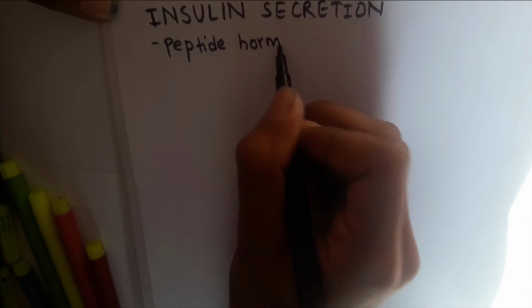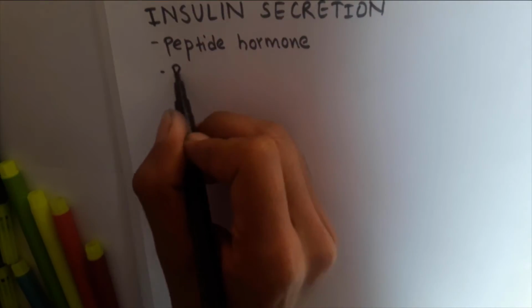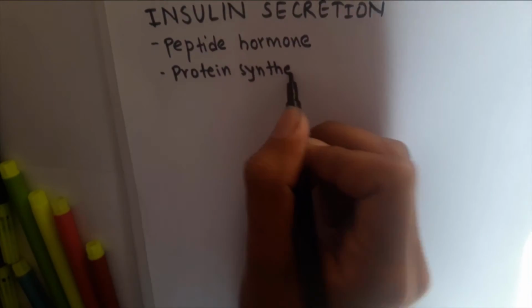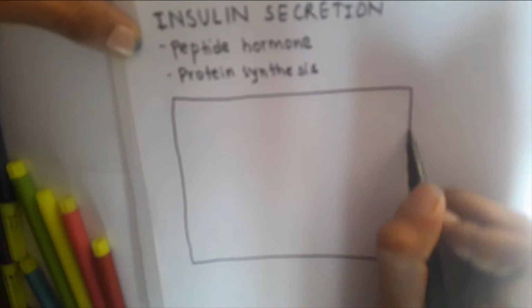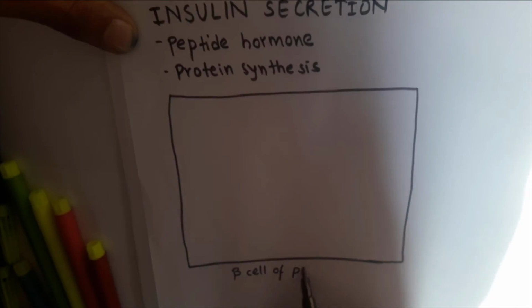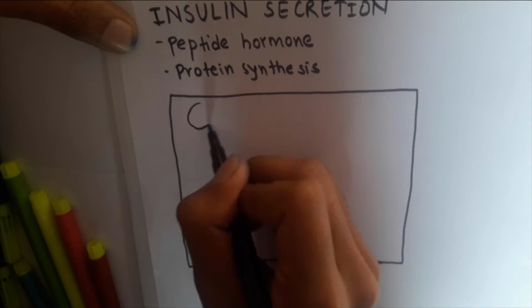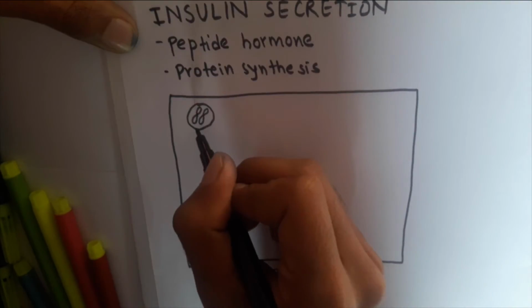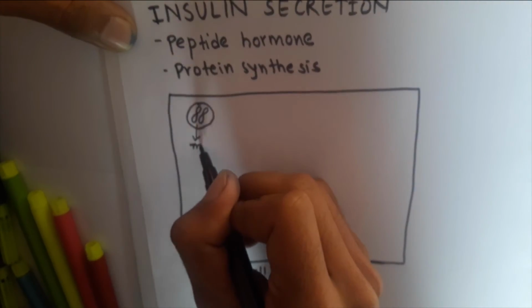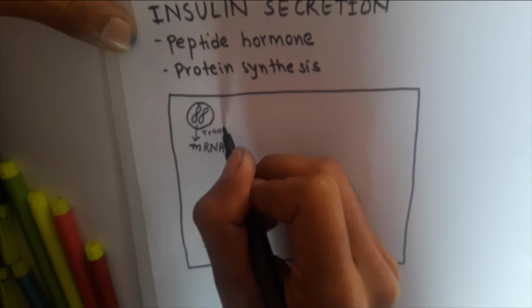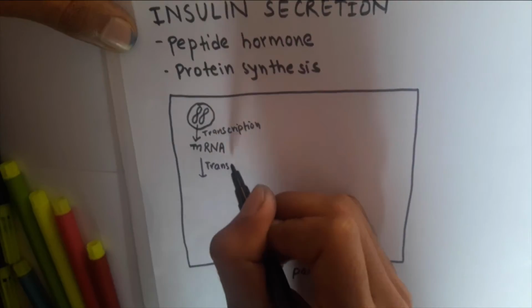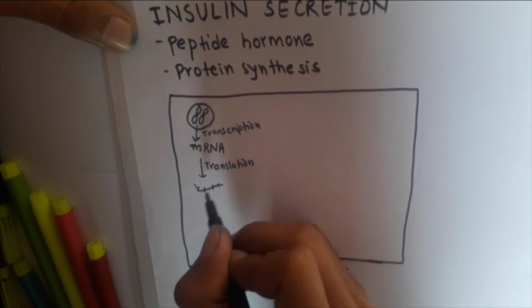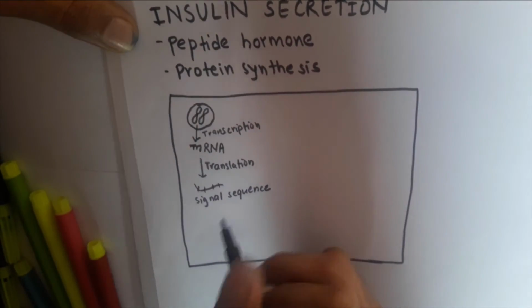Insulin is a peptide hormone. So basically, insulin synthesis is a protein synthesis process. The short arm of the 11th chromosome in the nucleus of beta cells codes for the INS gene, or the insulin gene. This gene is transcribed to form an mRNA sequence which gets translated to a signal sequence, and eventually upon